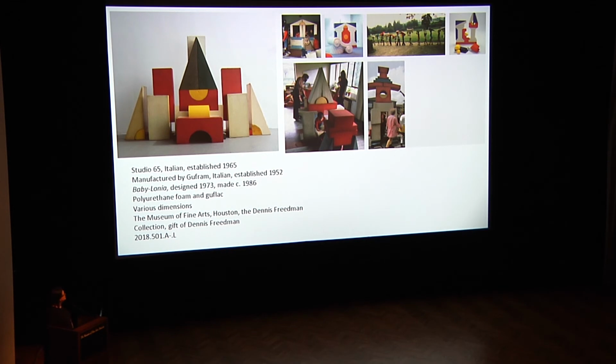They also designed this revolutionary set called Babylonia, and we have it displayed like this in the exhibition. This is also that same polyurethane foam with the goufflac. At the time, Franco and Nana Adrito had a small child, a daughter, and they wanted to create a type of activity, a toy, if you will, that she could engage with, that would inspire her and would relate to architecture. And so they created this building block system